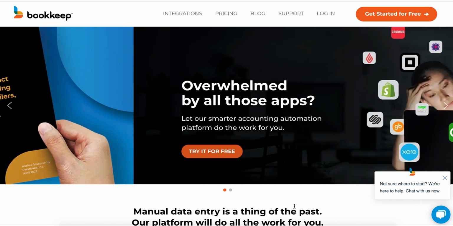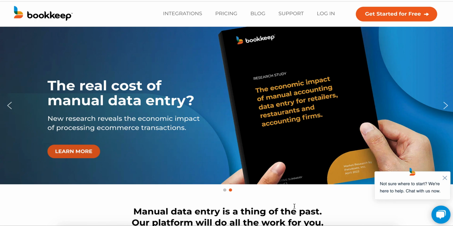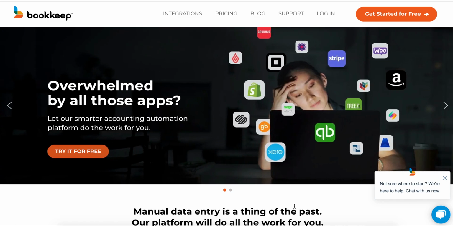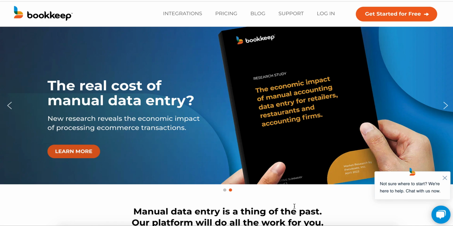So Bookkeep.com is an accounting automation platform. Essentially what we enable you to do is connect your source of financial data, whether it's an e-commerce store on Shopify or a POS system such as Square. We allow you to connect those as well as connect your accounting platform such as QuickBooks or Xero, and we on a daily basis will post new financial data from that source system such as Shopify into your accounting platform